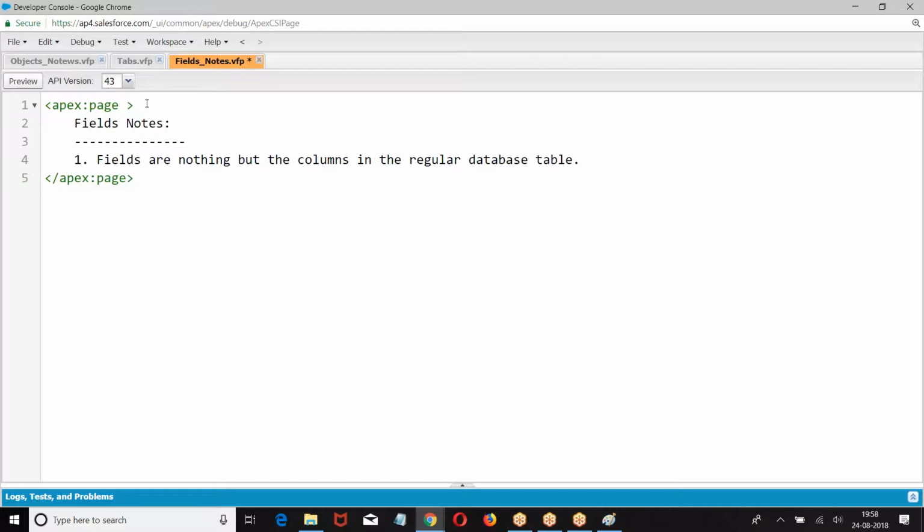What are fields? Fields are nothing but columns in the regular database table. Let us go to the next one.